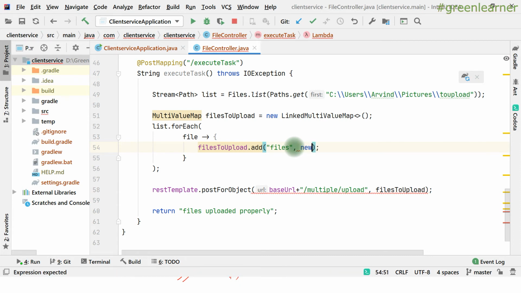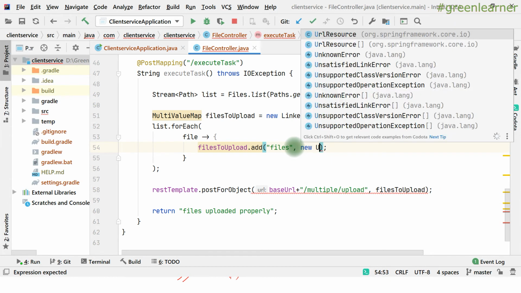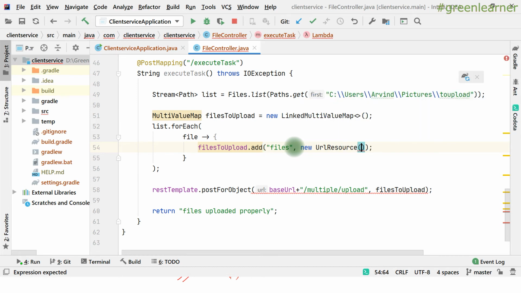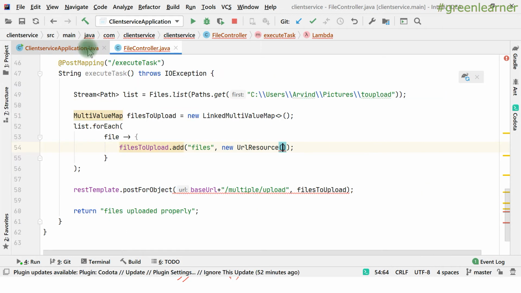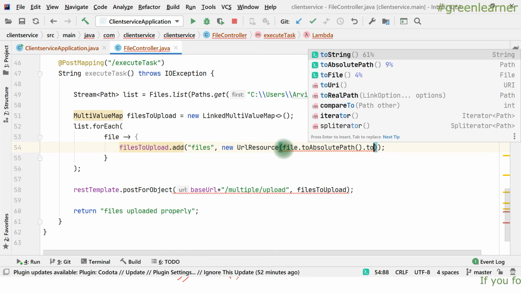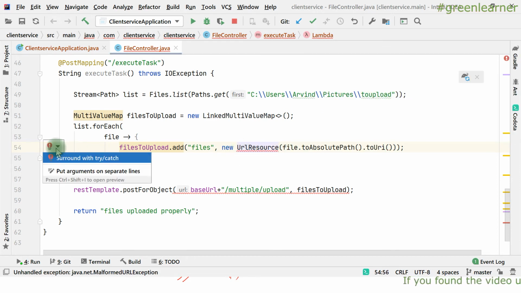So new, I want to pass it as a URL resource, so that it can convert that into the multi-part file, right? So to do that, file dot to absolute path dot to URI, right? So this is what I want to give it.